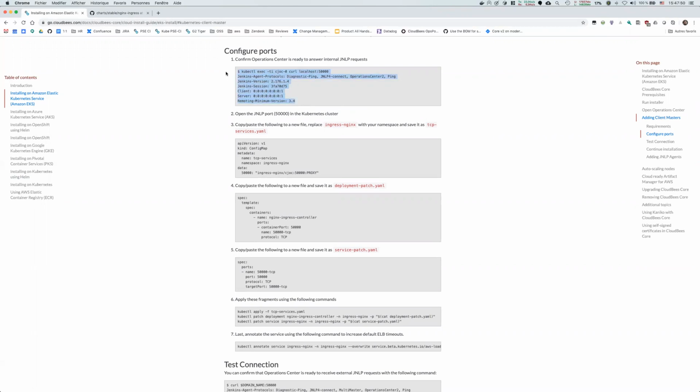Sometimes JNLP is not exposed on the right port, and that can happen. In that case, usually it just requires a restart to fix the problem. But I've seen it happen in the past. So just follow the instructions, follow the method, and you should not get surprises. And if you see something that's not working, try to bounce the master once at least. That's usually the kind of thing.